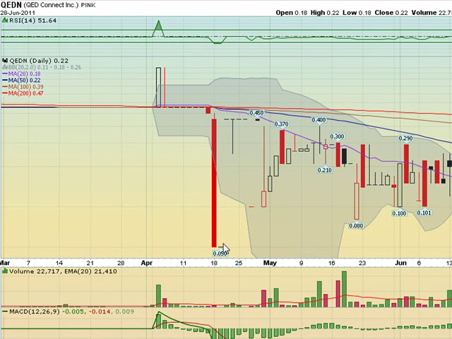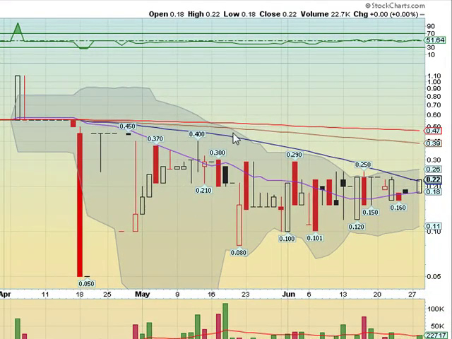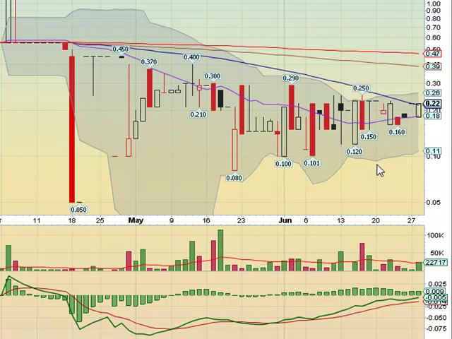We had highs here of $1.10 and lows here of around 5 cents in a very short time frame, and you can see the volatility starts to get tighter and tighter. You can see these gray lines are Bollinger Bands. They generally measure volatility, and one thing that's important about volatility is it usually goes from periods of high volatility to low volatility, and right now we're in a period of low volatility, so that could possibly suggest we could see a period of high volatility coming in the very